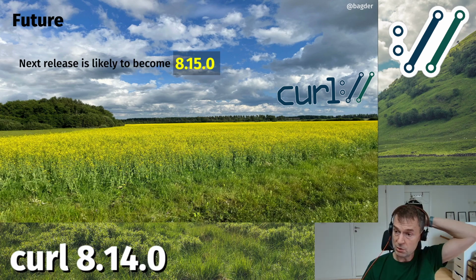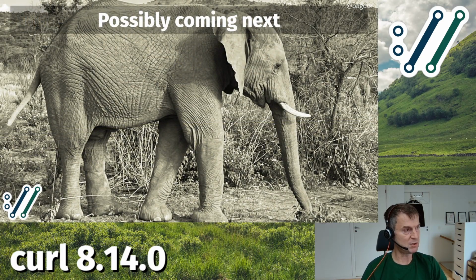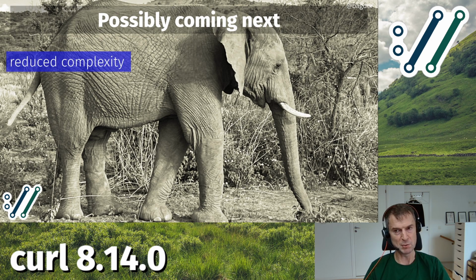Okay, so as I mentioned, we do releases every 8 weeks, and the next release is likely to become 8.15.0 if nothing bad has happened in this release and we need to do a patch release. And it'll be the .0 release, because we will most probably do some new changes, some new features, and then we do .0 releases. And some of the things that we might do in the pending next release, well, because we have a bunch of things that we want to do. Some are planned and some are just going to show up without me knowing about them right now or thinking about them to mention them to you right now.